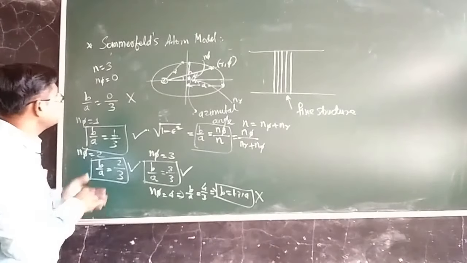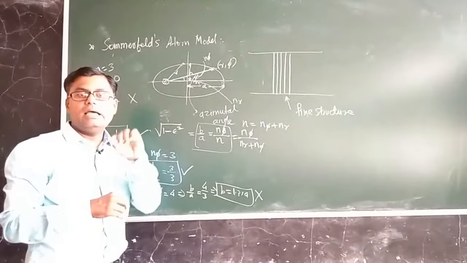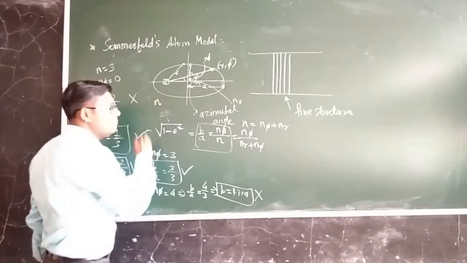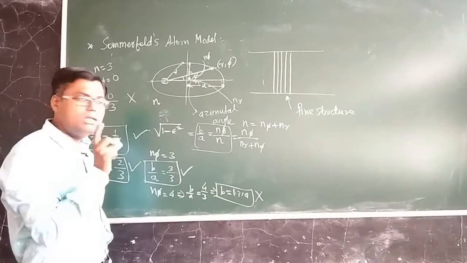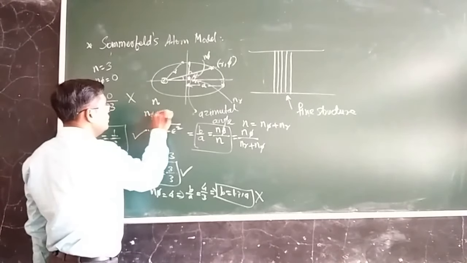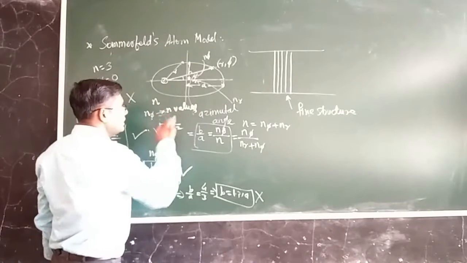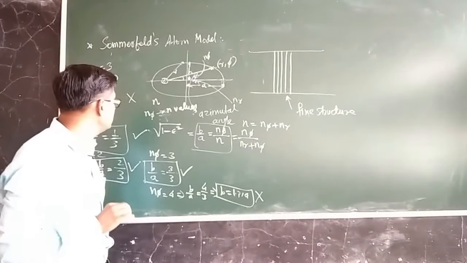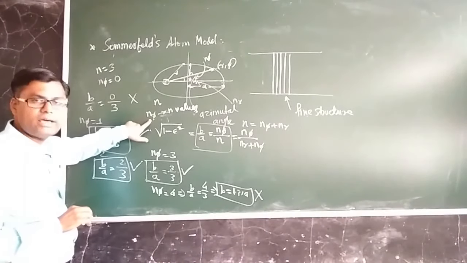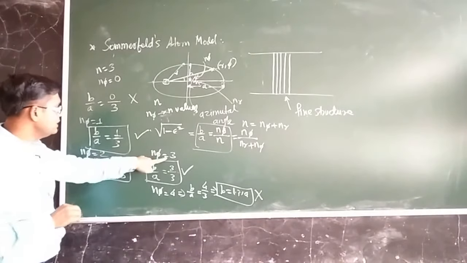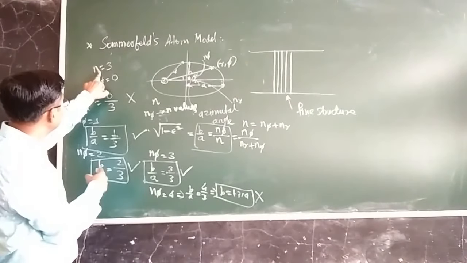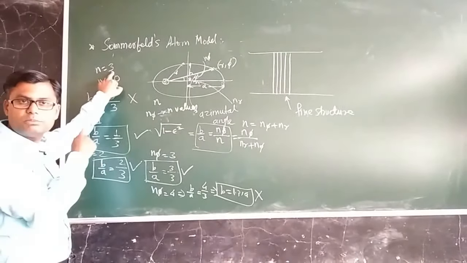So what we can conclude is that if the electron is revolving in an elliptical orbit for which the principal quantum number is denoted by n, then in that case n phi will have n values, small n values. See, in this case n equal to 3. So how many values are allowed for n phi? This 1, 2 and 3. So 1 value, 2 value and 3 values. So if n equal to 3, then we have 3 possible values for n phi.